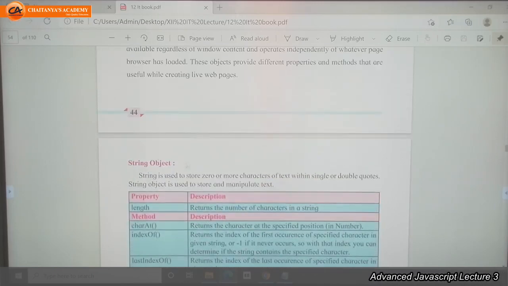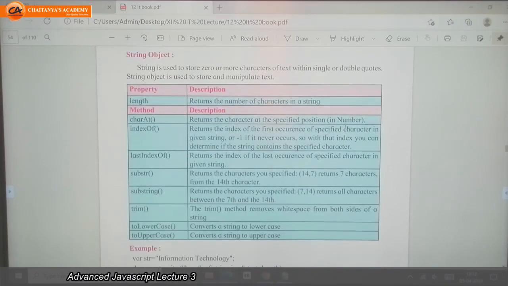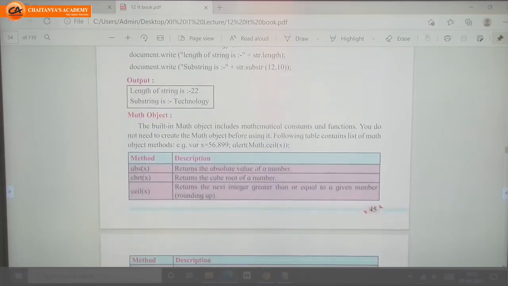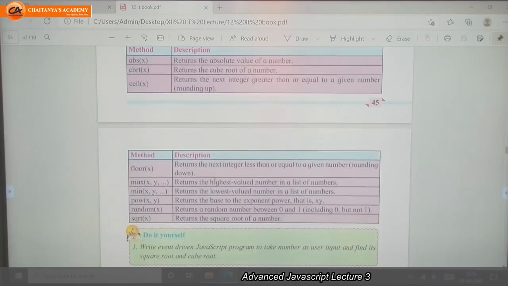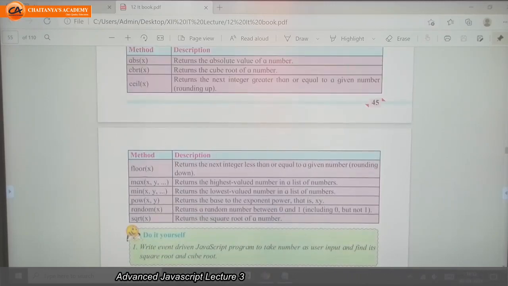So the objects which have different properties and different methods, we have seen with examples. So just keep it in mind. In your exam you may get fill in the blanks, multiple choice or true or false questions, where you get the name of a particular method and the question says this method is used for this purpose. Then you need to write or type the right answer as per your syllabus. They will ask the methods, not outside the syllabus.